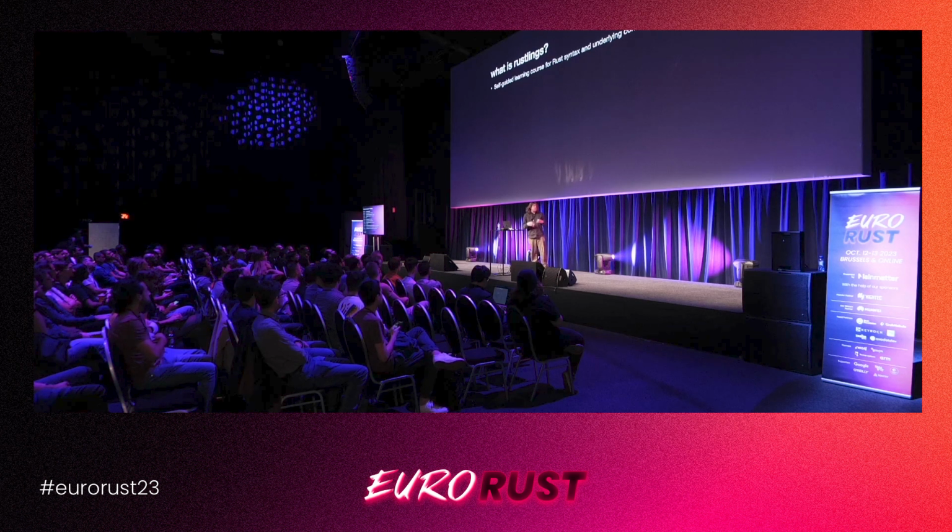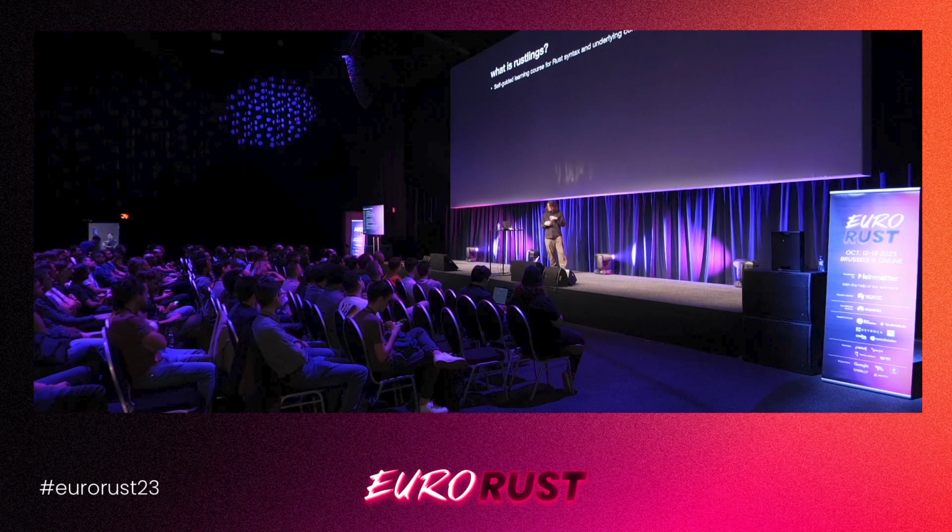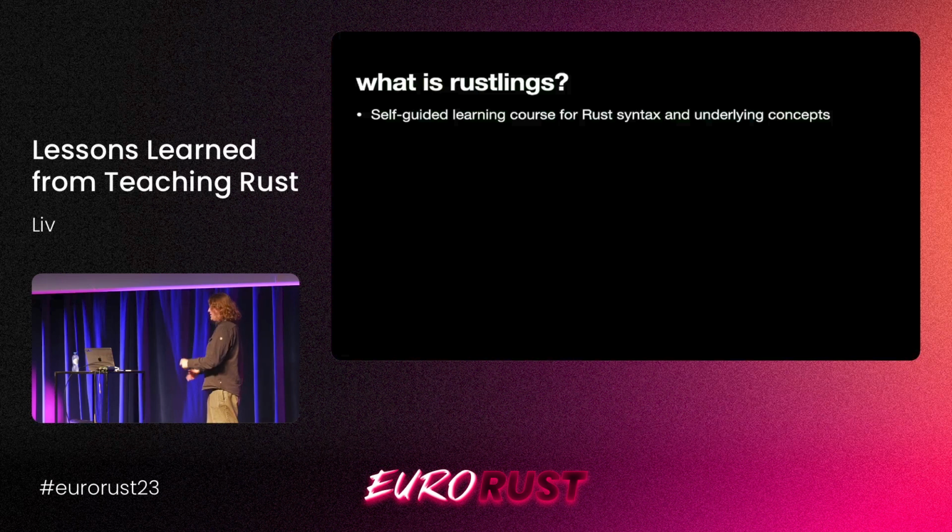What that means, basically, Rustlings is a collection of a lot of small exercises, a lot of small snippets of Rust code that are all broken in one way or another. And the user needs to fix it. So there can be compiler errors, like syntax errors. There can be logic errors. There can be other semantic stuff.